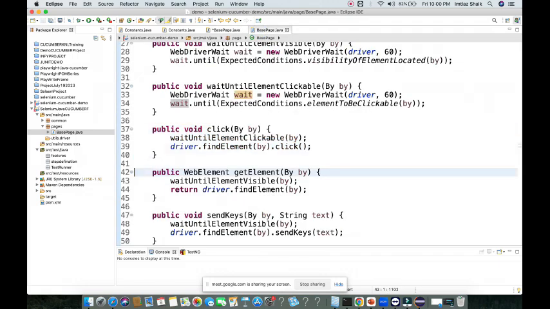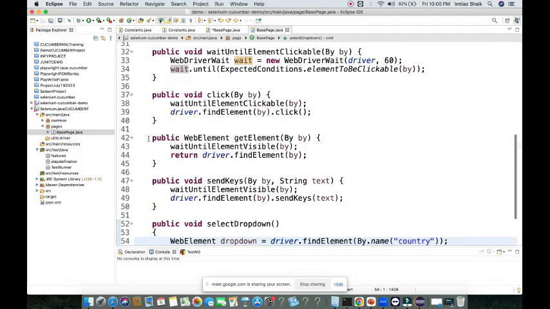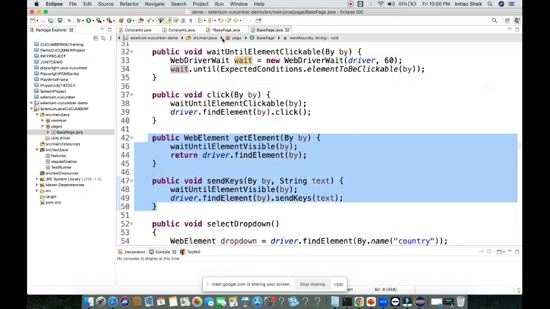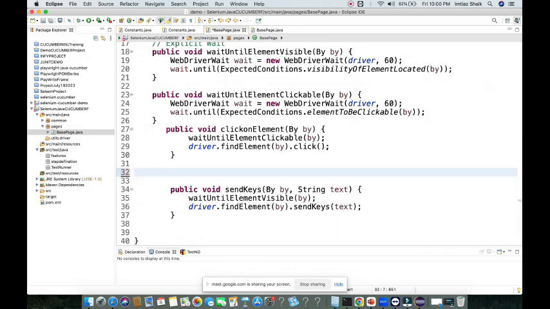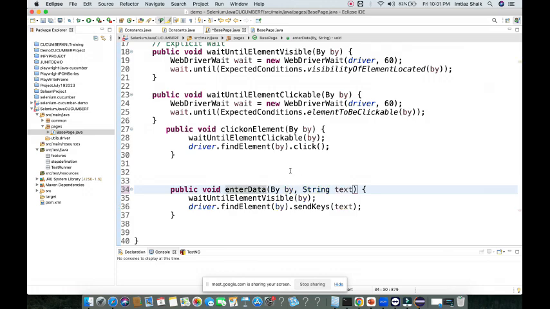Now I am going to implement two more methods. Now here, get element. I will explain later. Now this one, send key, instead of send key, enter data. This will be good, because with send key people may get confused that it is a Selenium method. So enter